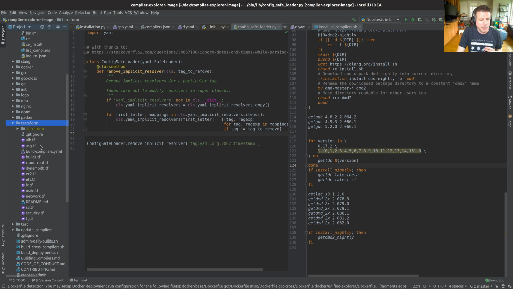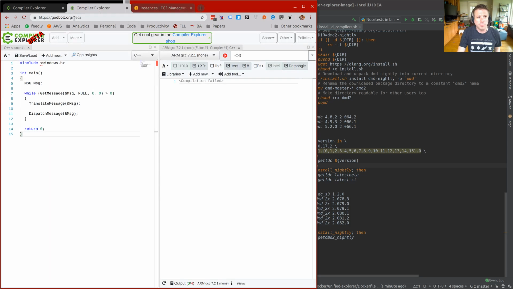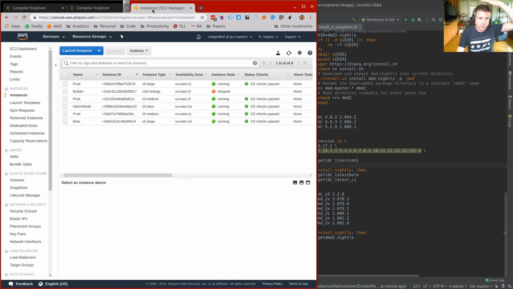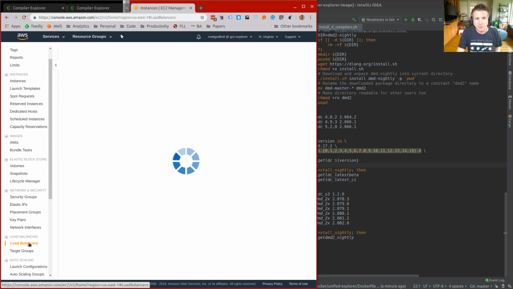So the first thing I'm going to remind myself is how, when I go to Compiler Explorer /beta, that ends up on a different server than the regular server. So if I go into the UI first of all, I know that partly there's a load balancer, which is like the end point when you get to anything.godbolt.org.